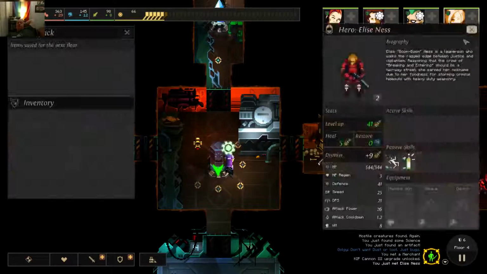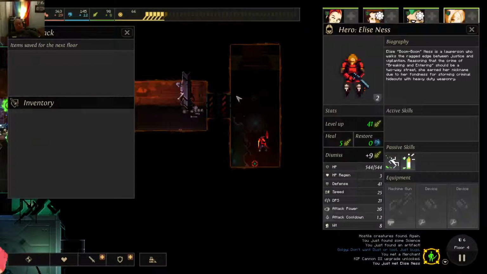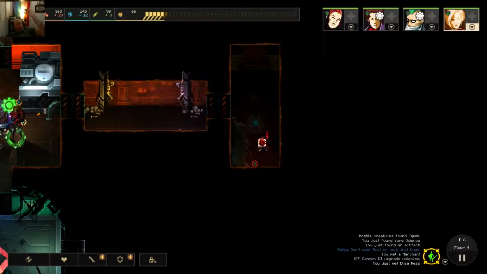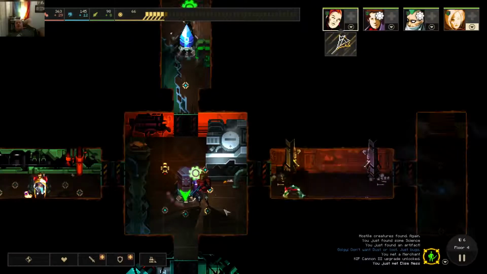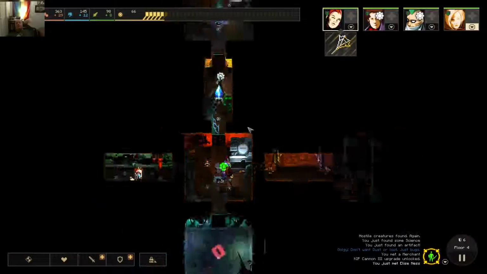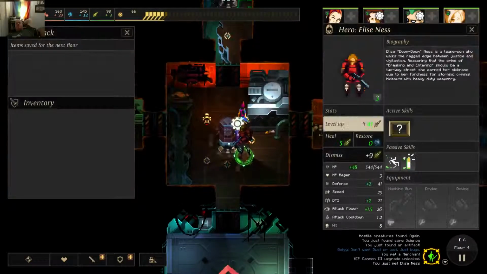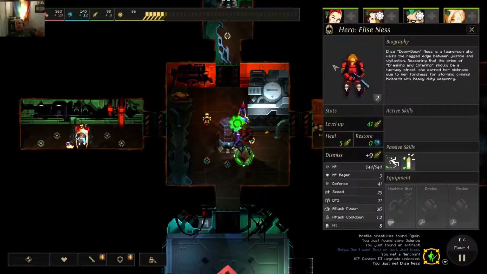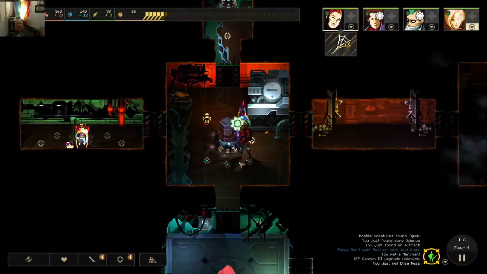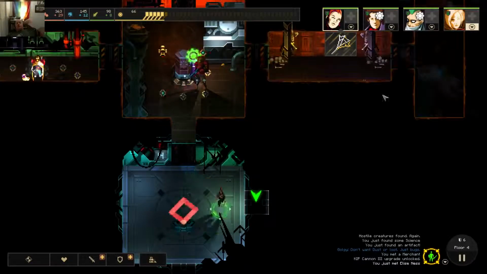Wait a minute. Yeah, so her HP regeneration goes up. In exchange, her heal cost is higher. I'm not going to level her up again, though. And I'm also not going to power this room. I'm just curious for a second. She'll gain an active skill. Alright, that's fine. Anyways, I am not powering this up because when I go through here, I'm going to want